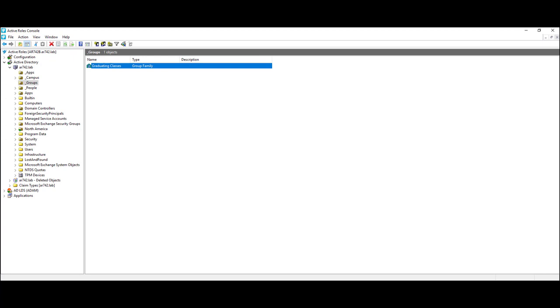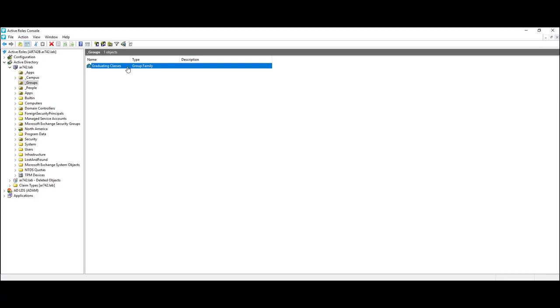Here's a quick bonus Ninja tip too. Another Active Roles key feature is the concept of group family. This allows you the ability to create groups automatically and its memberships based on criteria you specify. They can be scheduled or run on demand.